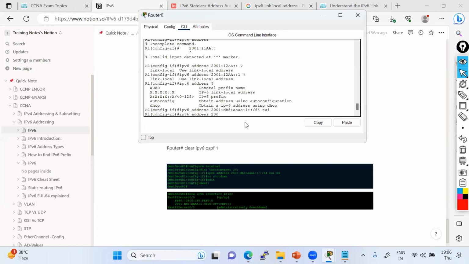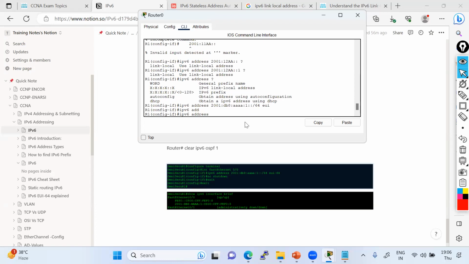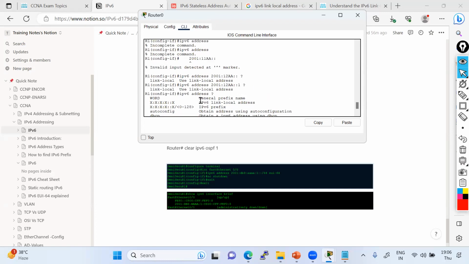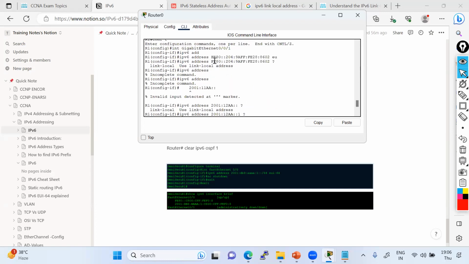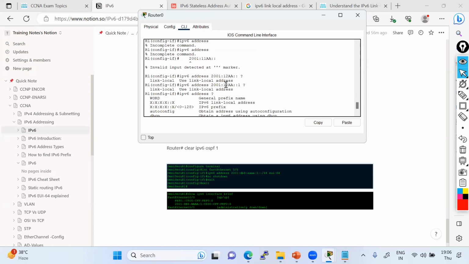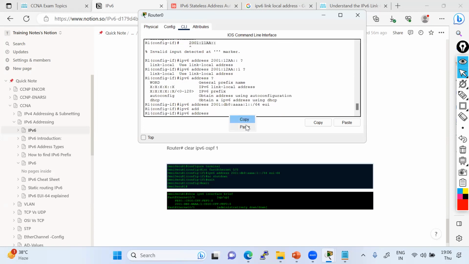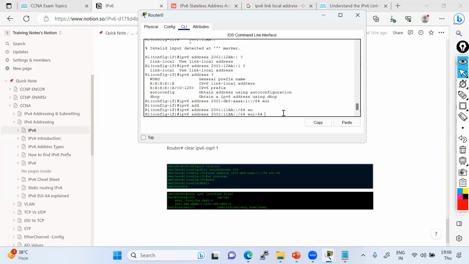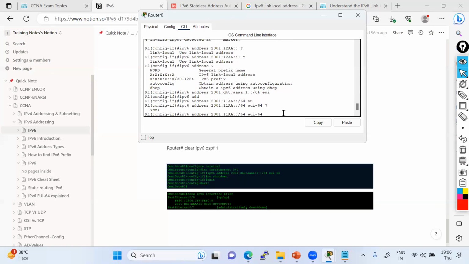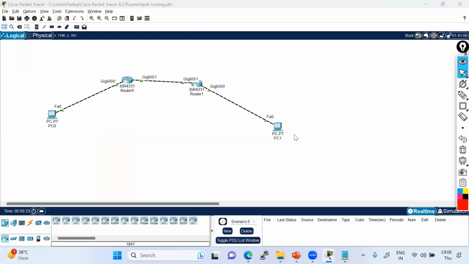Okay. Let me just try again. What was the address? This was the address. Let me use. This is the address, right? EUI address. Okay. So somehow it was not taking, but now it's taking.